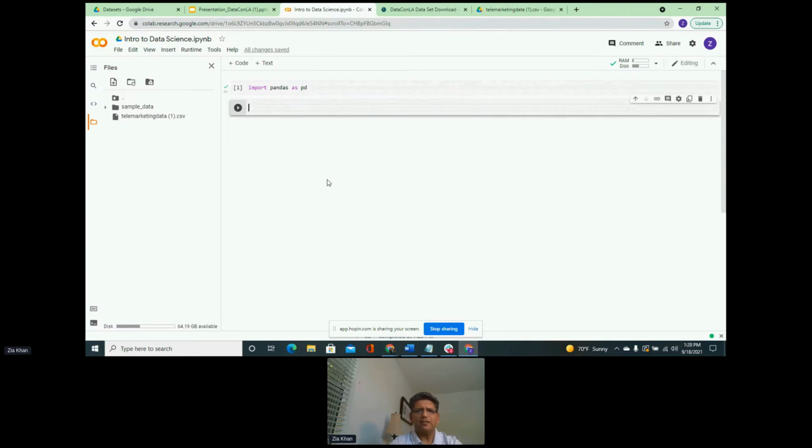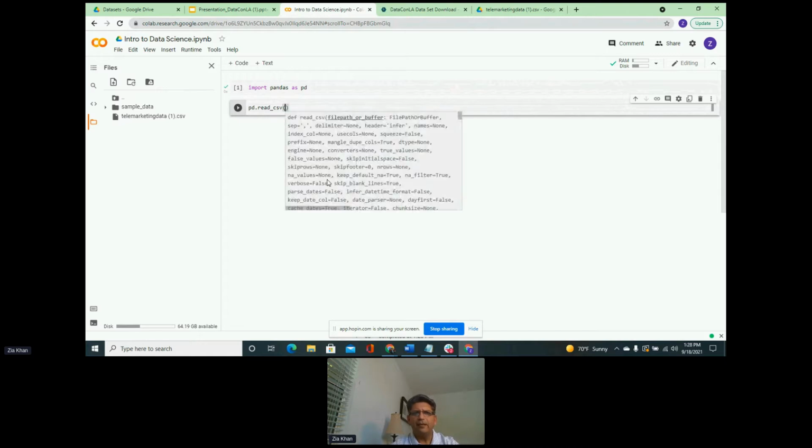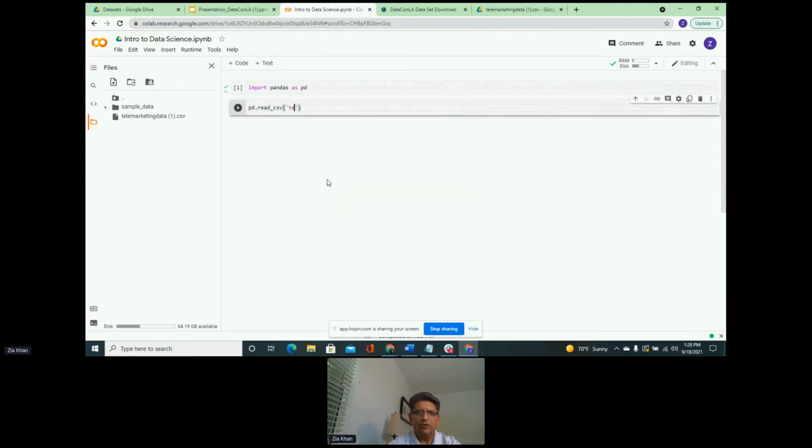The next step is that I want to read the data. So I'm going to do pd.read_csv, and read_csv is basically a built-in function within pandas that allows us to read data. We are going to provide the name of the data file, which is telemarketing data.